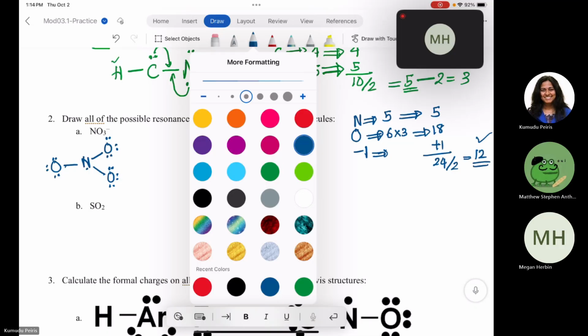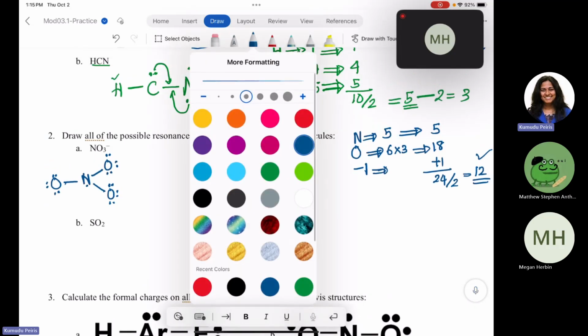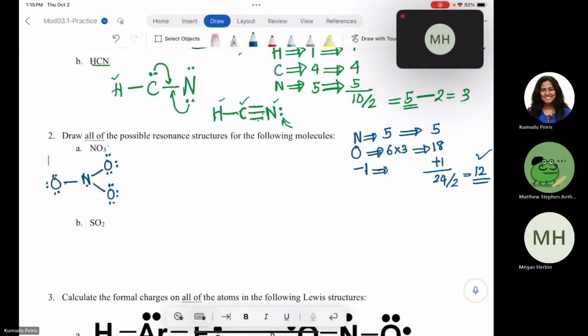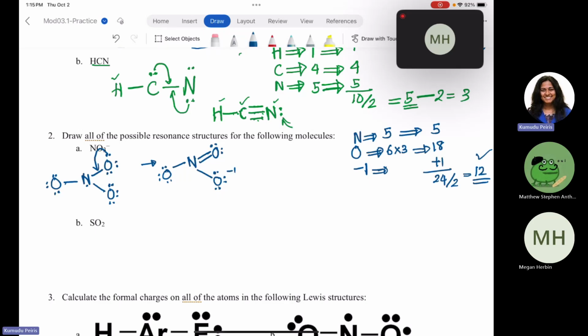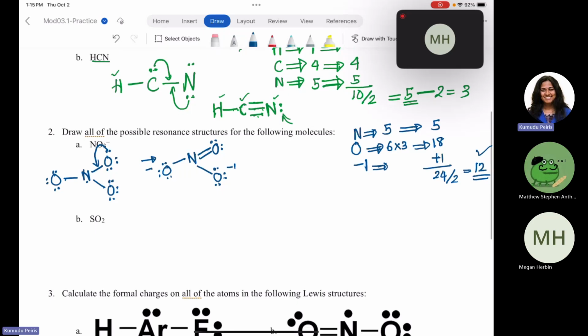take one of those lone pairs and donate it towards this. So the correct Lewis structure would be nitrogen double bond oxygen. Now that oxygen has two lone pairs, and here is one on the other oxygen, and here is the next one. Right. So this oxygen is -1, this oxygen is